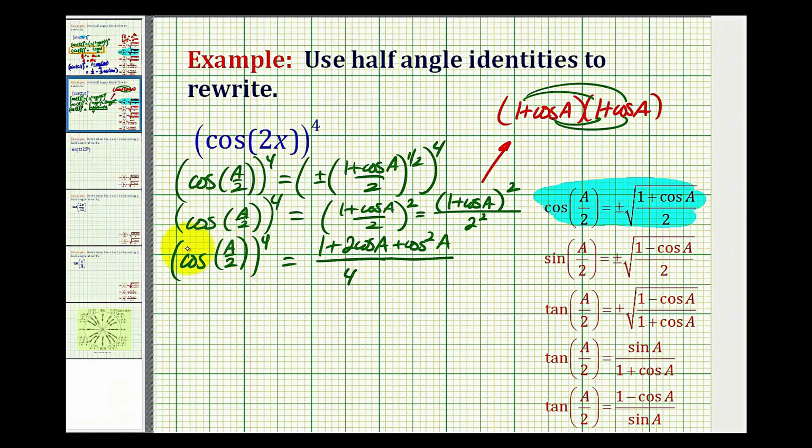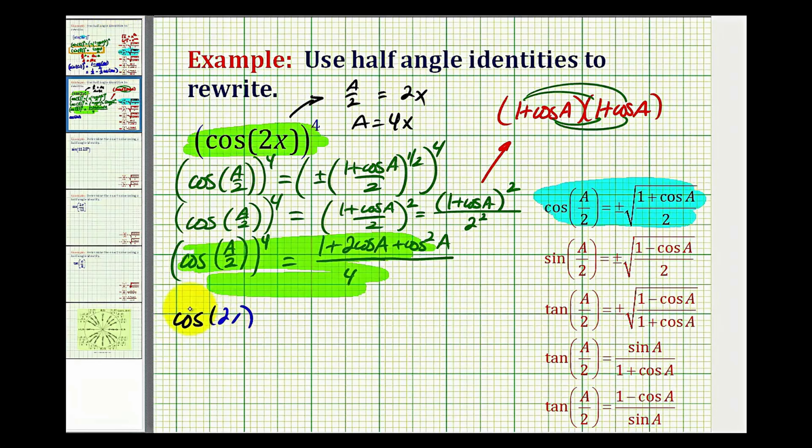Now we'll go ahead and apply this slight variation of the half-angle identity to the given expression. And remember, if A over 2 is equal to 2x, the angle in the half-angle identity, if we multiply both sides by 2, we'll have A equals 4x. So when we apply this identity, we'll have cosine of 2x raised to the 4th power is going to be equal to 1 plus 2 cosine 4x plus cosine squared 4x